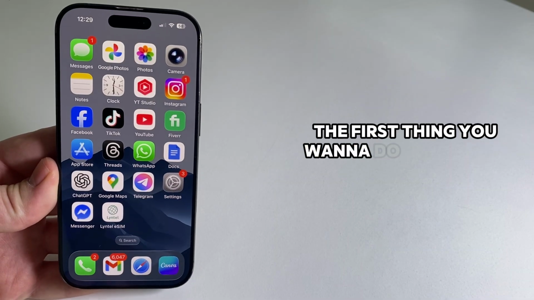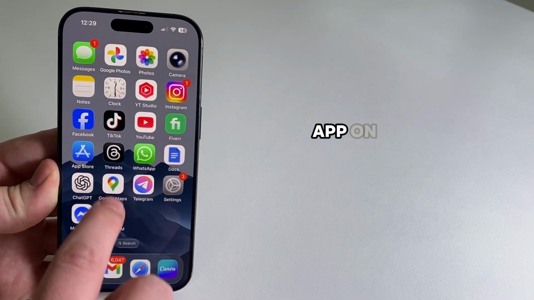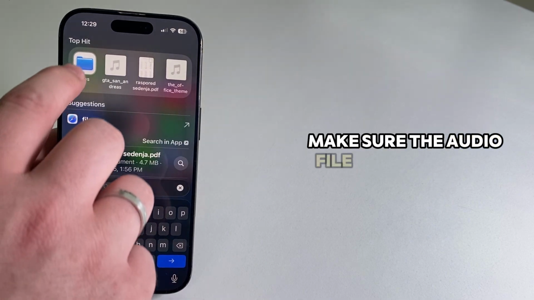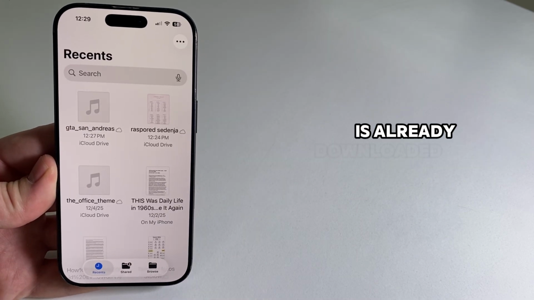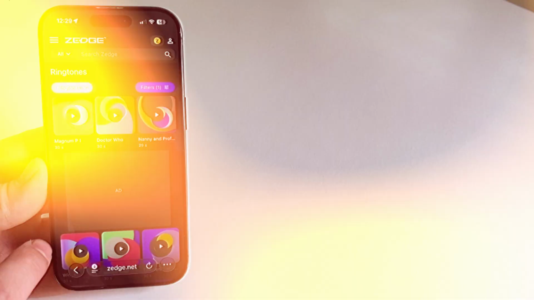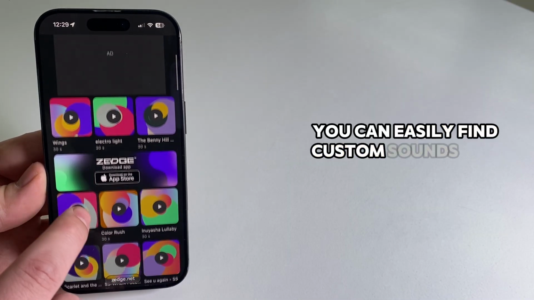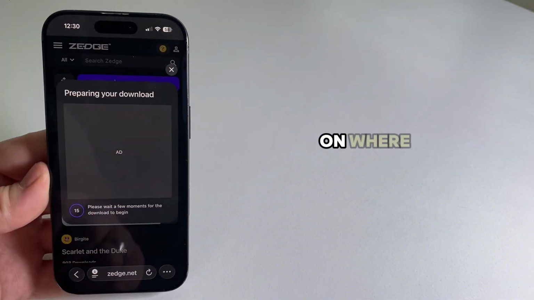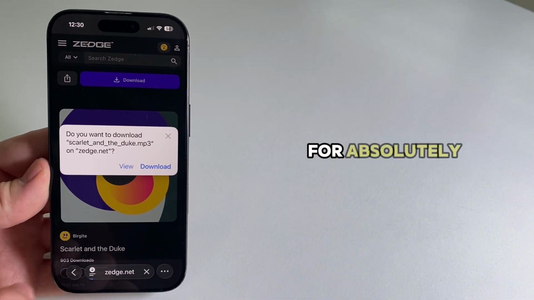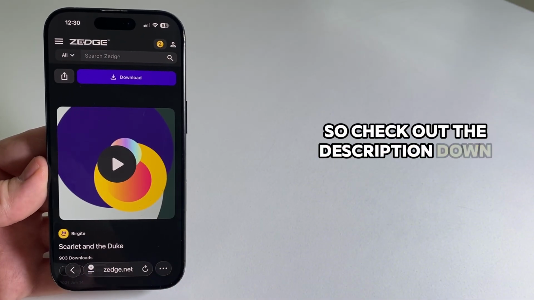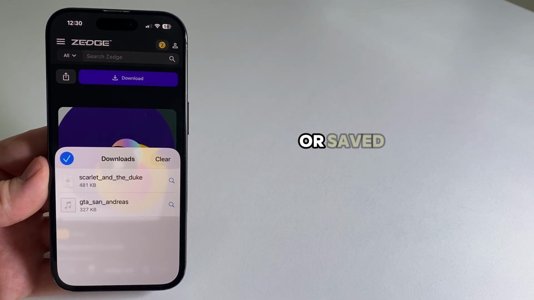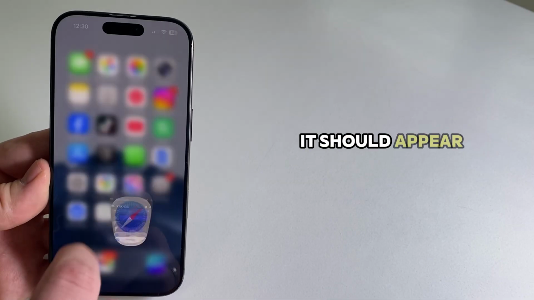The first thing you want to do is open the Files app on your iPhone. Before you do anything else, make sure the audio file you want to use is already downloaded onto your device. You can easily find custom sounds and ringtones on the internet, and I'm going to leave you a couple of websites on where you can download them for absolutely free, so check out the description down below. For example, if you downloaded a sound from Safari or saved it from your email, it should appear here inside